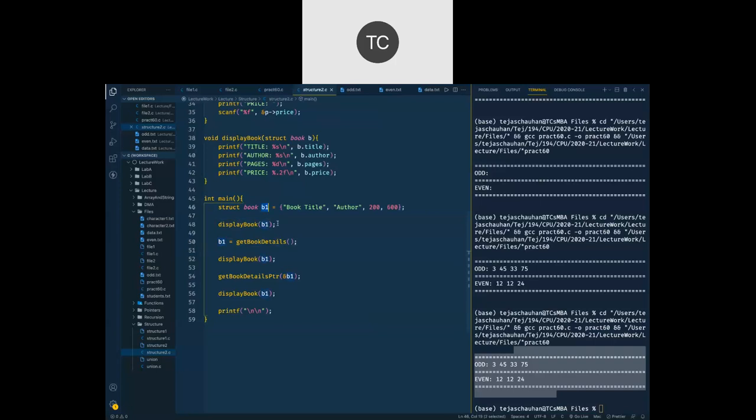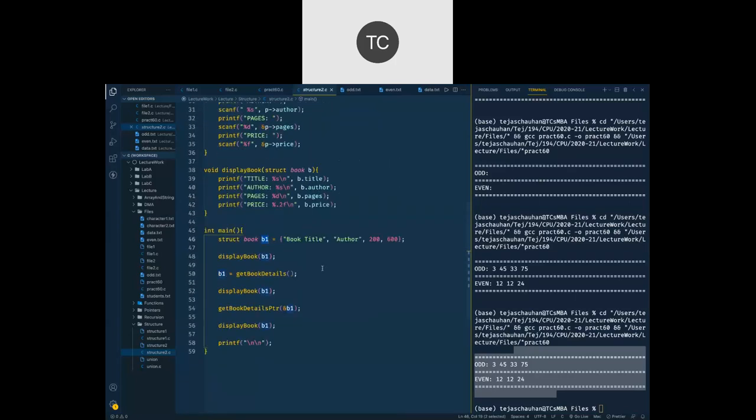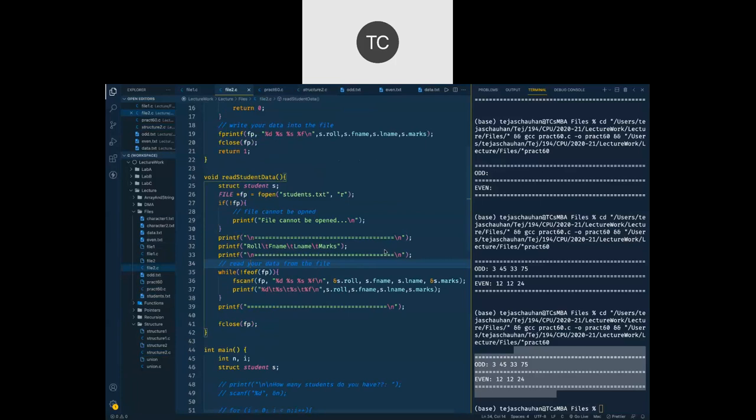Let's say later point of time you are going to ask user how many books do you have, और उतनी books का data अगर आपको चाहिए. So at run time you have to allocate the memory for B1 at run time. So when you allocate memory at run time, I think we have seen that in file 2 maybe.